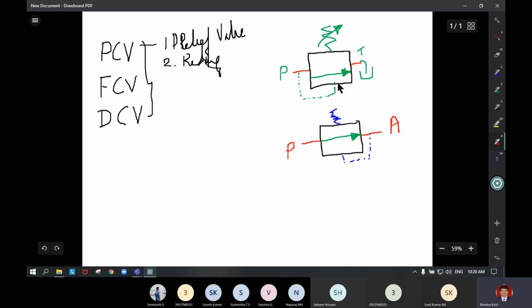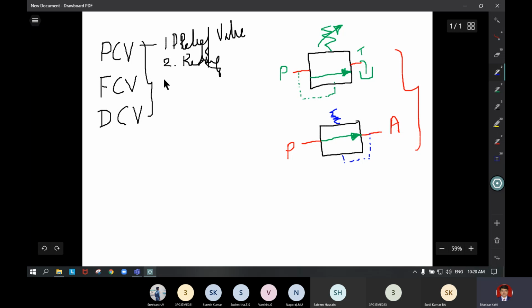In the graphic symbol also you have to show that. The relief valve is a normally closed type, the reducing valve is a normally open type of valve. This is the major difference you have to write. If you go wrong in this one, you will get 0 marks.